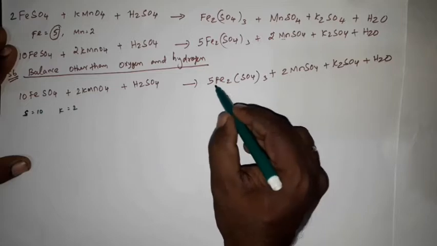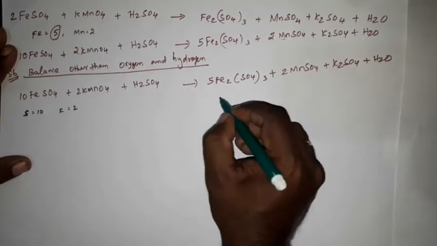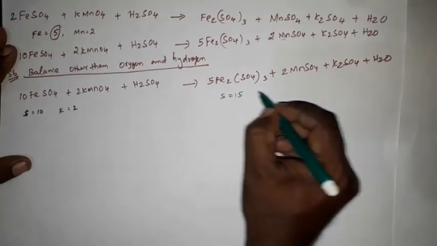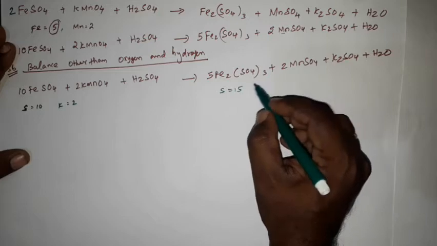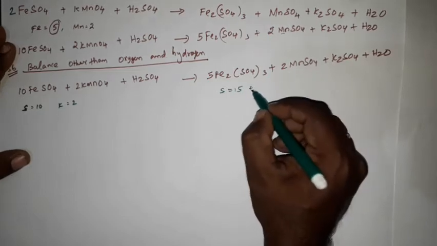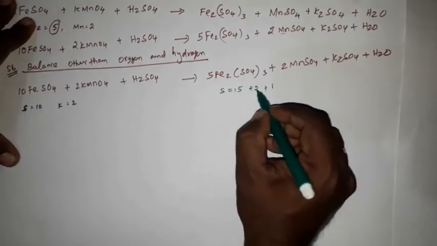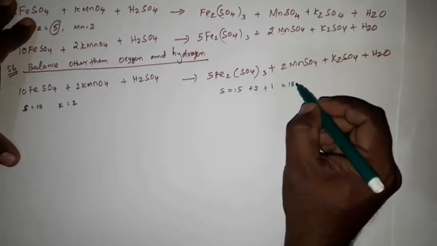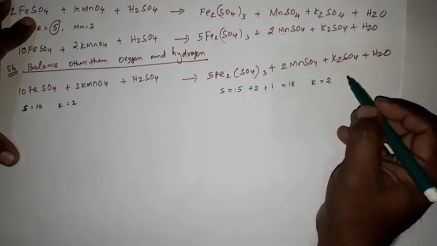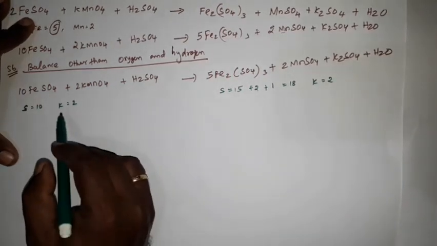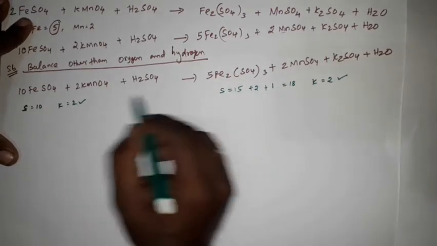Here you check, there are 3 into 5, 15 sulfur, then here 2 plus here 1, so total 18 sulfur is there, right? Now potassium, there are 2 potassium, clear? Now check which is equal. Potassium is equal on both sides, whereas